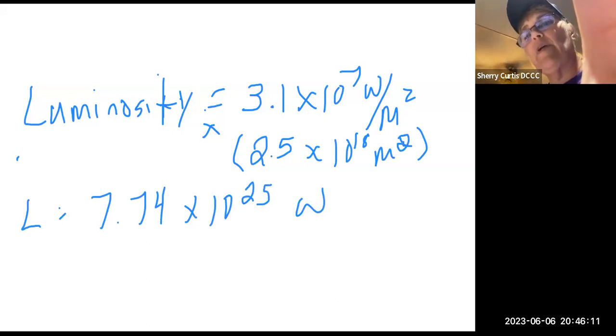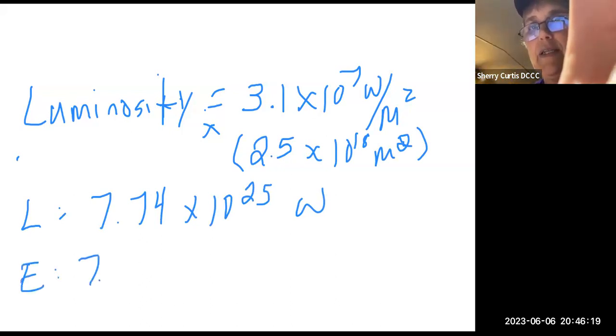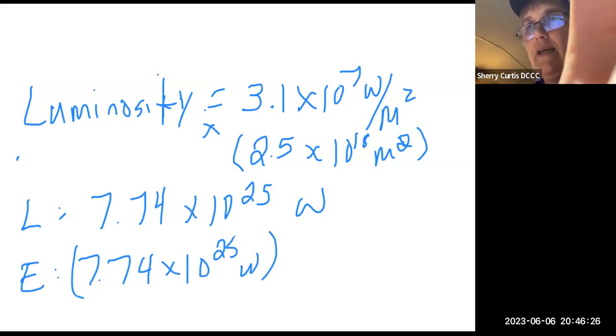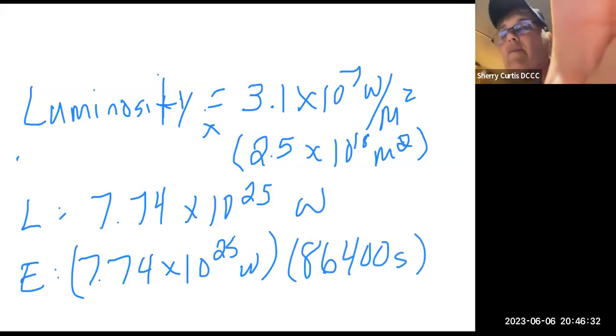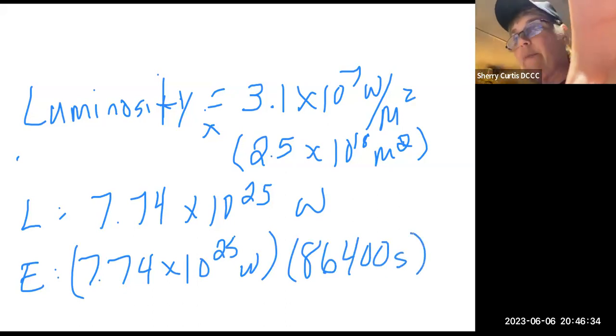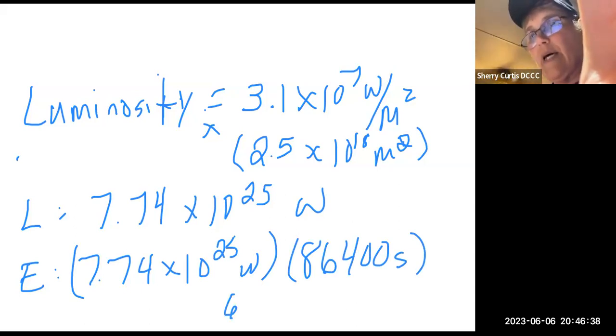So if we want to know how much energy it kicks out in the course of the day, and that would be our total energy, we would just take the 7.74 times 10 to the 25 watts times 86,400 seconds in a day. And that would tell you how much energy it is kicking out, which comes out to about 6.68 times 10